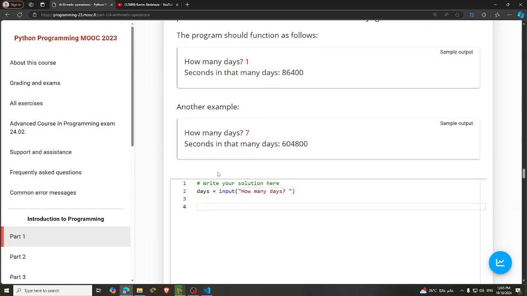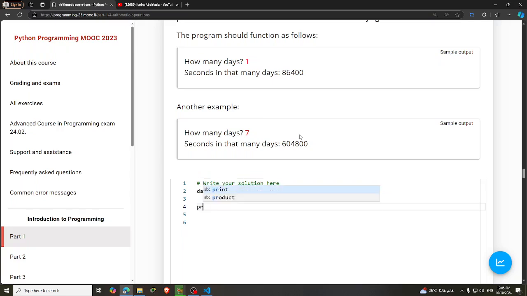However, we should get an integer from the user. Then we will calculate it as follows: